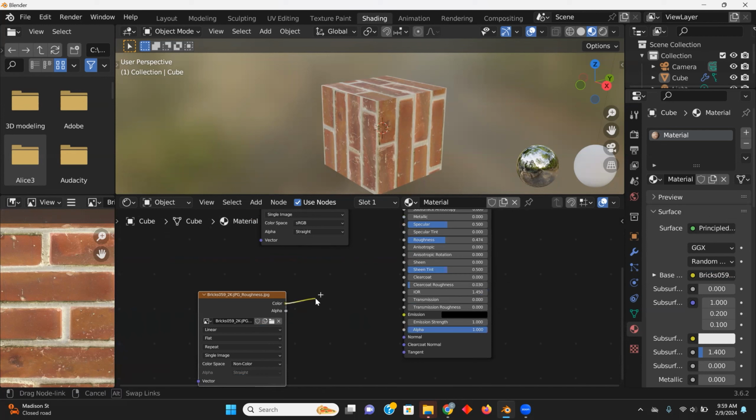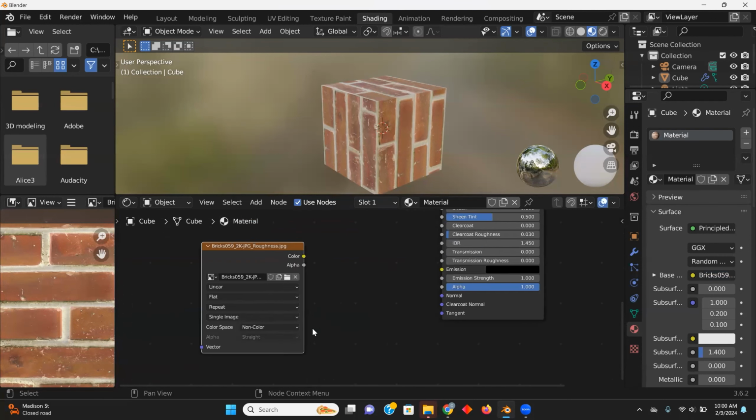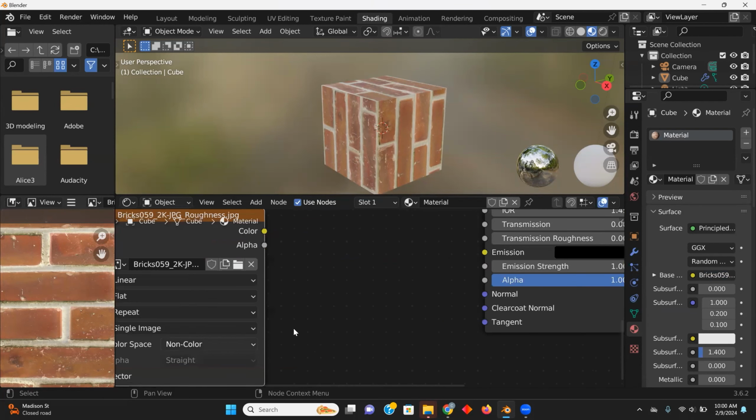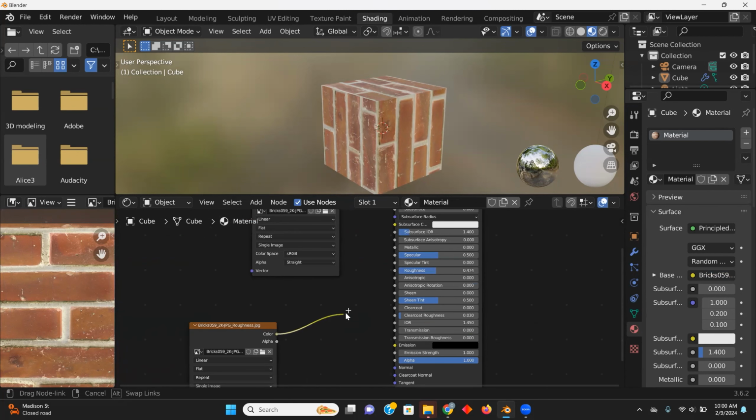So I'm going to drag this color. And you notice this is in color, but the image is not. And it lets us know that too by looking at these nodes over here are in just gray. So I got to make sure that my color space on this node is marked for non-color. So now I'm going to drag that over